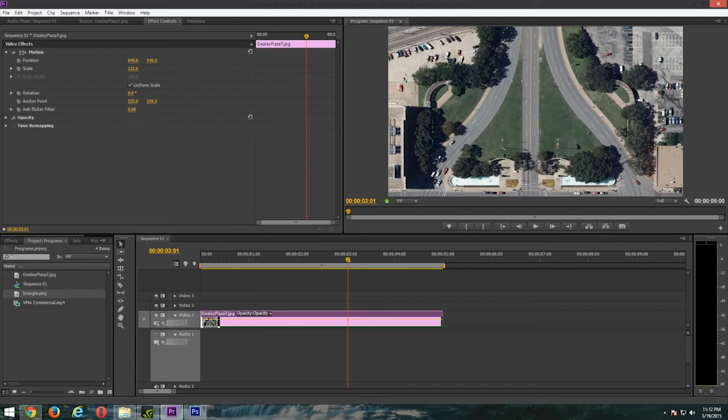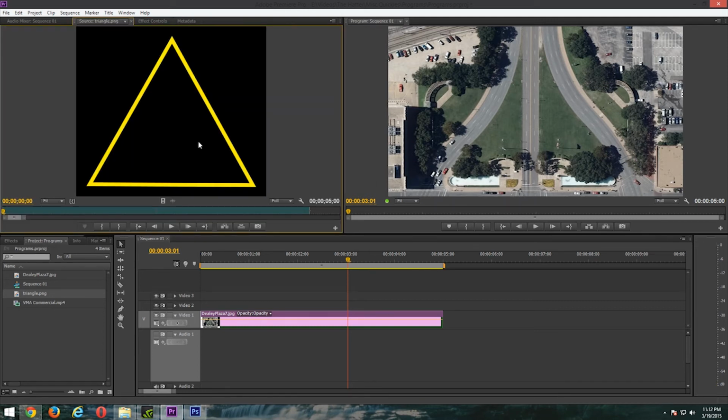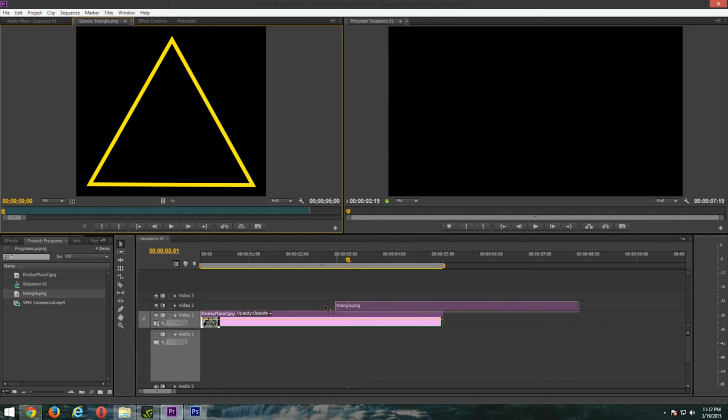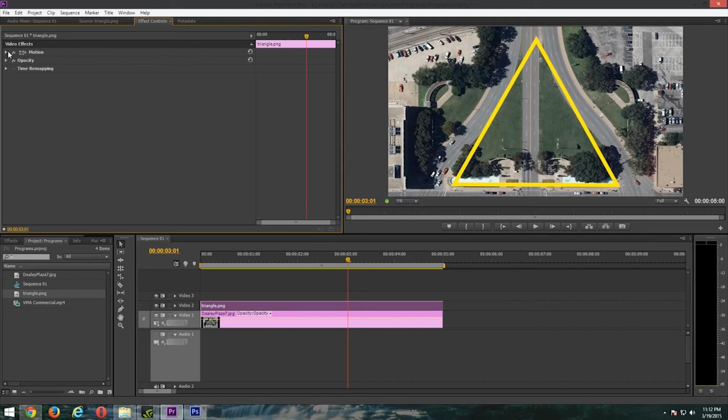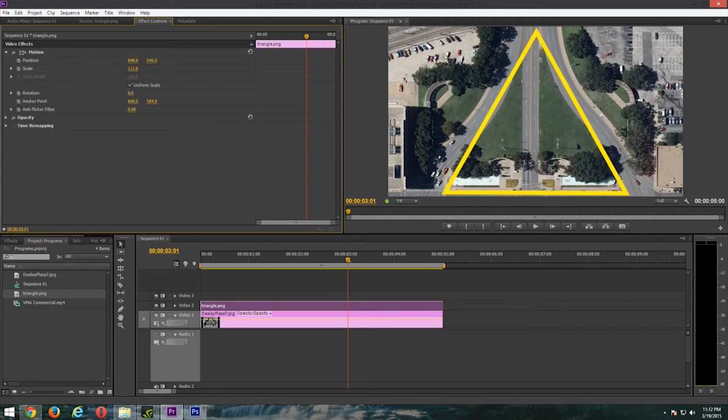I'll go ahead and drag over the ping image that we have, which is this yellow triangle. And remember, again, there's nothing behind it, even though on the screen it looks black behind it. That's just how Premiere Pro recognizes this file. So we'll drag that down here, and you can see when it shows up in the actual image, it's just the shape. So we'll open up the effects for this individual thing as well, and kind of play with the size